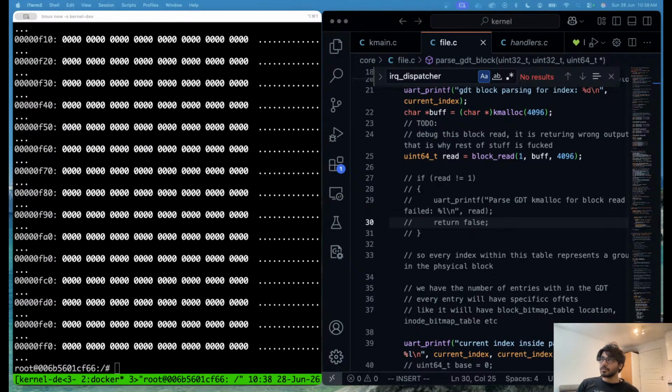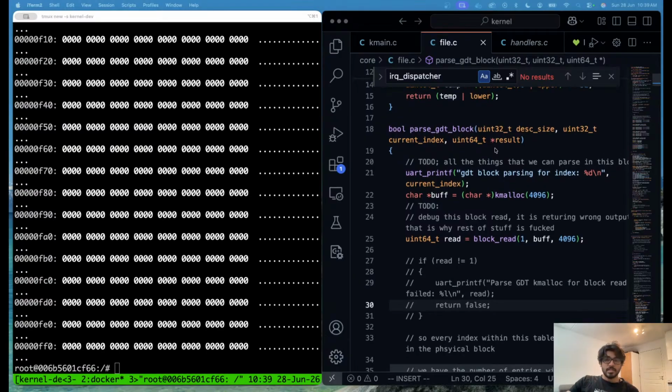We managed to get through certain layers and reached a final bug: when we try to parse the GDT block, we try to read block number 1 because that's where the GDT is, since every index within the GDT is supposed to hold the actual physical block indexes of the inode table, bitmap table and stuff like that. So when we kept debugging, we managed to narrow it down to the block read